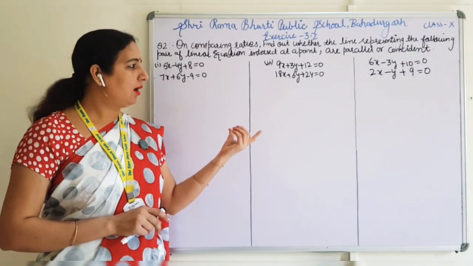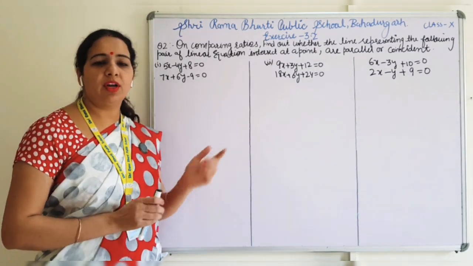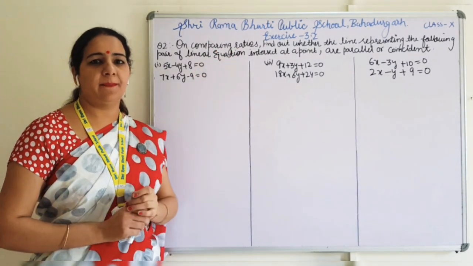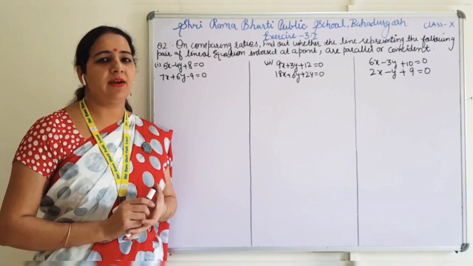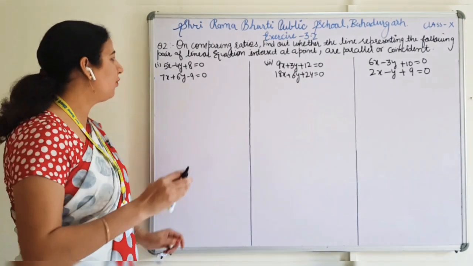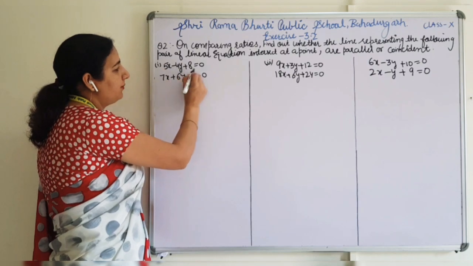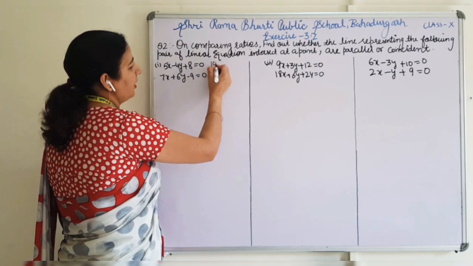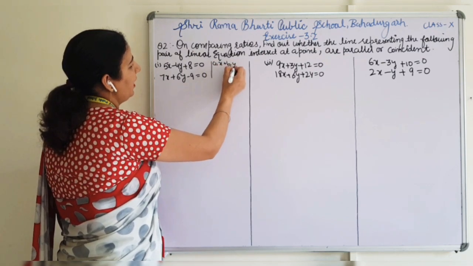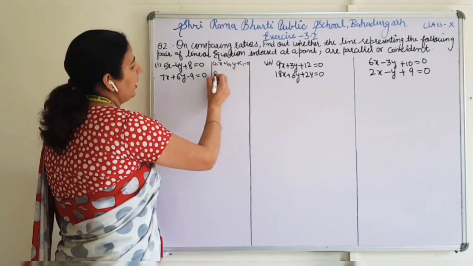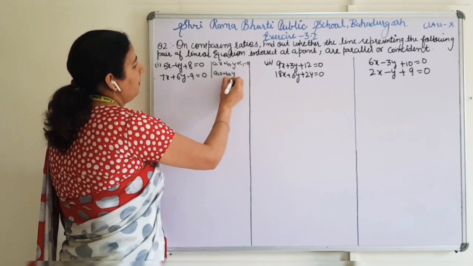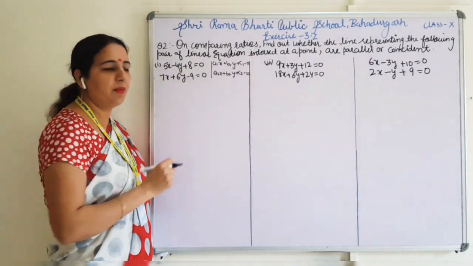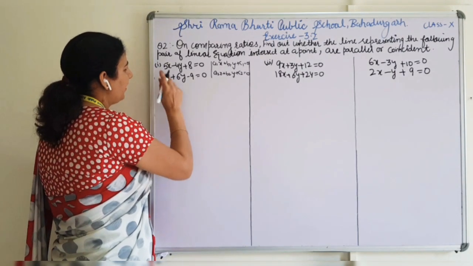It can be shown by plotting the graph, but here they are saying you just compare the ratios. In our first class of chapter number 3 we have already discussed this, that is, the meaning of ratio. Here all the three terms should be on one side and equal to 0, because the standard linear equations are a1x plus b1y plus c1 is equal to 0, a2x plus b2y plus c2 is equal to 0. In this question they have already given it in the standard form. You just calculate a1. What is the value of a1?